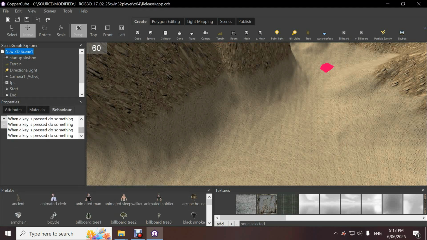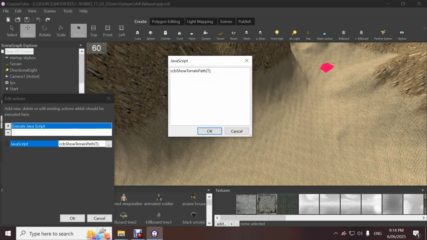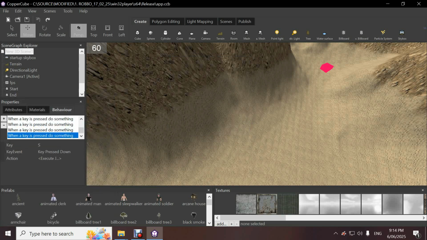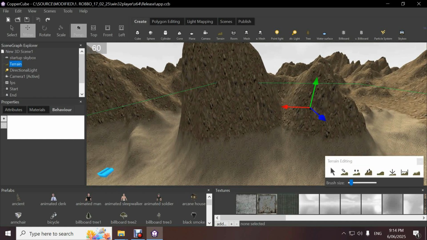Once the path is created, it won't show anything unless you want to see it. And then that's another API. It's called CCB show terrain path, and all you do is send through the node of the terrain. That's all you've got to do, and it will show the terrain path. It will use the highest texture that you've got for the high mountains or whatever it is. In my case,